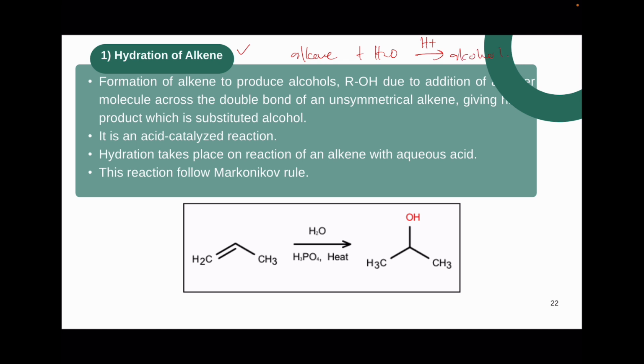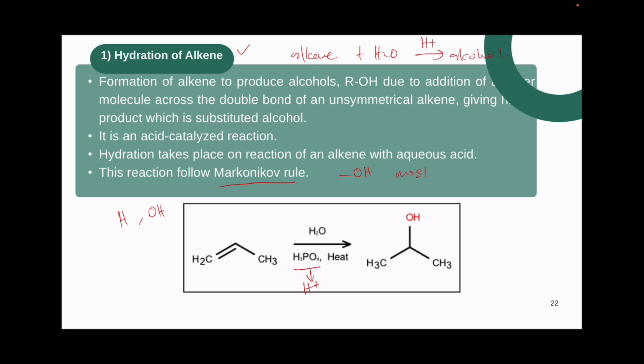In hydration, water is added across a double bond, so the double bond opens up to add hydrogen and OH, which is why hydration of alkene is also known as an addition reaction. An acid catalyst, for example sulfuric acid, is required to provide the hydrogen ion. The reaction follows Markovnikov's rule, which means the OH will attach to the most stable